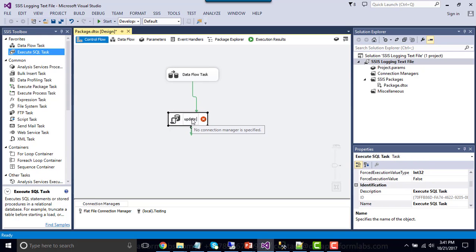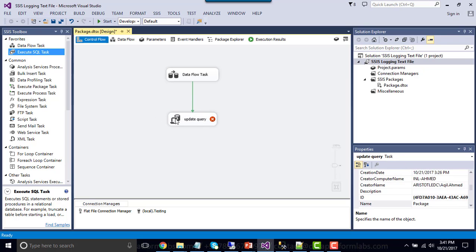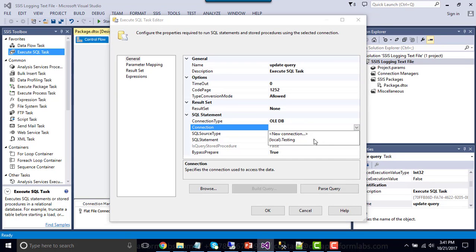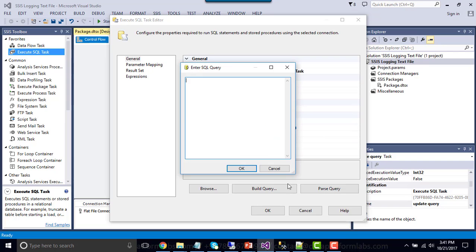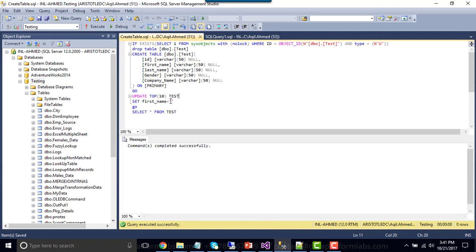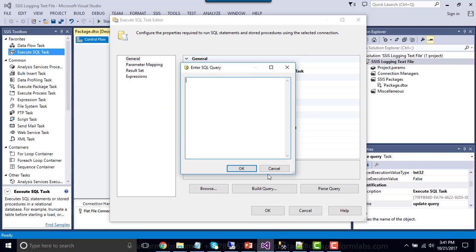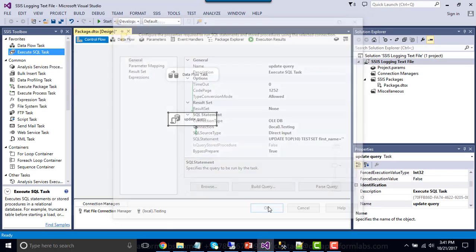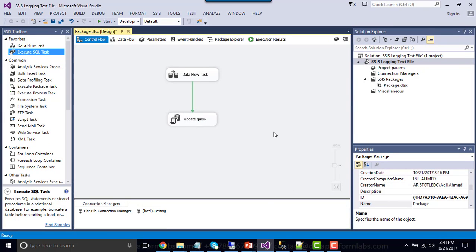You can see maybe an update query. Double click it, make a connection, and under SQL statement you can simply copy and paste this particular query. Click OK. So we are done with configuring the SSIS package, and now let me enable the logging.